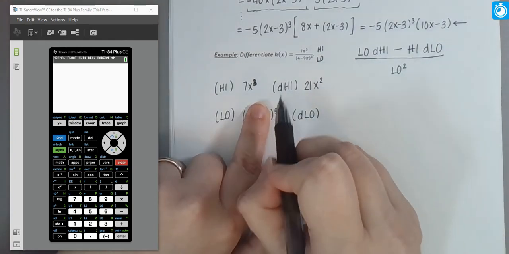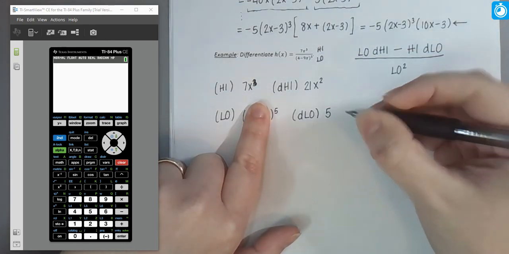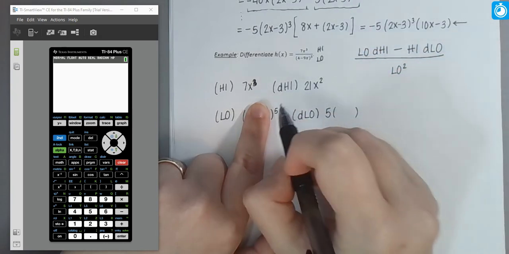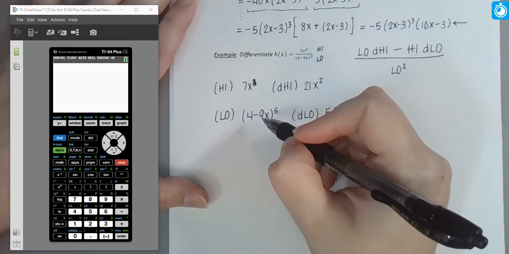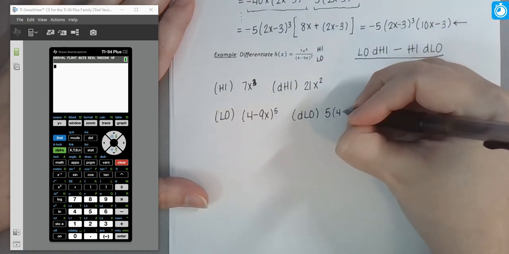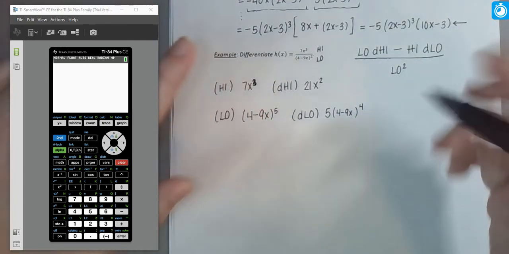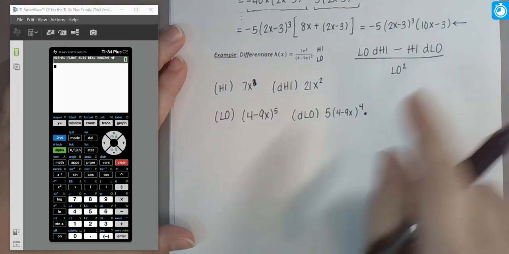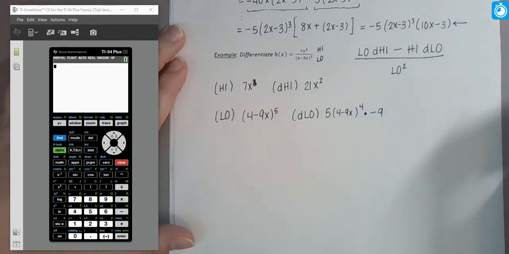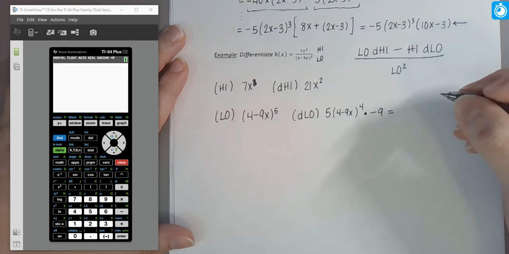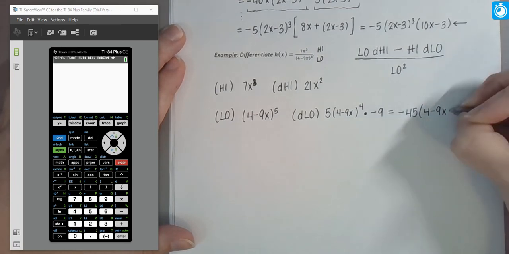Extended power rule says bring down your exponent. Forget about what's inside for a moment, but bring down your exponent. Then you have whatever raised to the exponent minus 1, so 4th power. But in this case, that's being applied to 4 minus 9x. And then, of course, because it's not just an x, because it's something else inside, we multiply by the derivative of whatever's on the inside. So the derivative of 4 is 0. The derivative of negative 9x is negative 9. Watch your signs. Be careful. Remember, you need that negative. And so if we multiply the 5 and negative 9, that's going to be negative 45 times 4 minus 9x